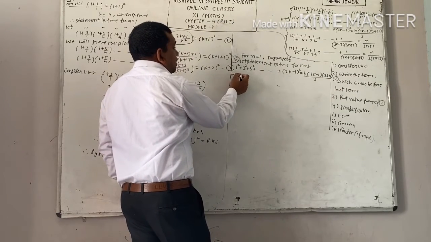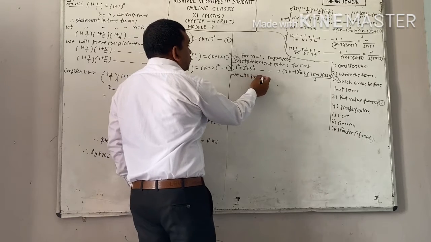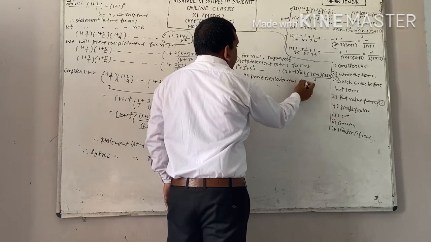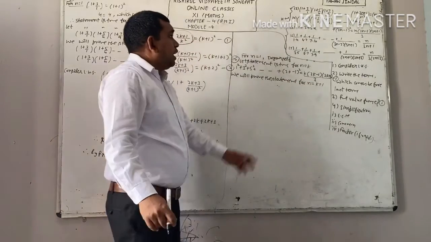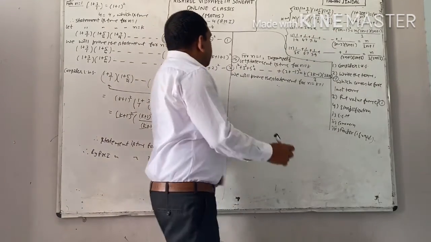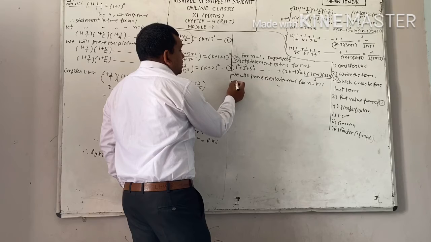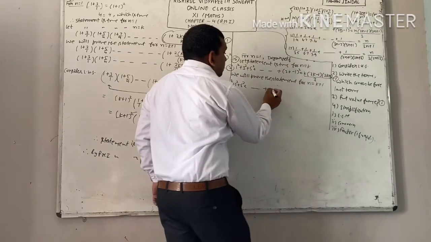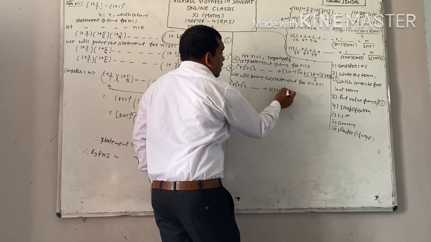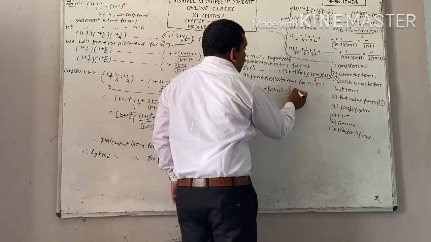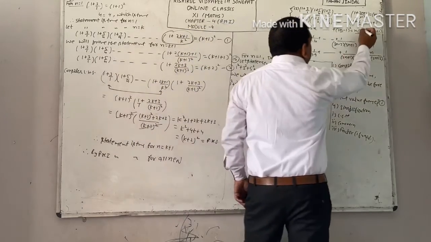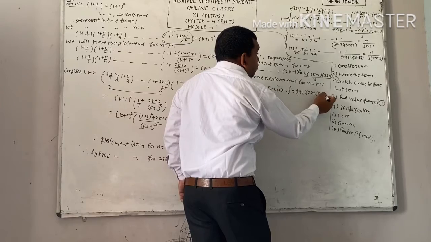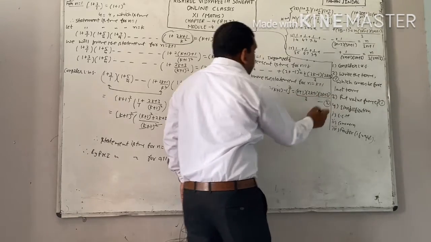Last step, we will prove the statement for n equal to k plus 1. Put n equal to k plus 1 on both sides. See what you get. 1 square plus 3 square plus 5 square plus up to so on. Here you have to put n equal to k plus 1. You will get 2 into k plus 1 minus 1 whole square, and on right hand side you will get k plus 1. When you put n equal to k plus 1 here, and after simplification you will get this 2k plus 1. Last time you will get 2k plus 3 whole divided by 3. Say this equation number 2.